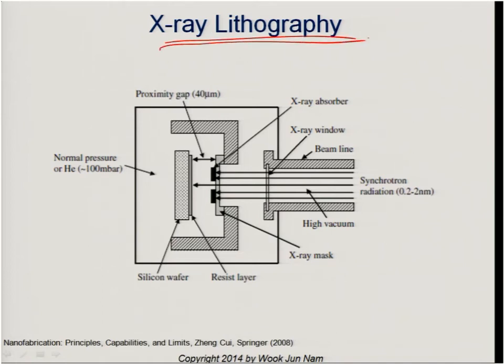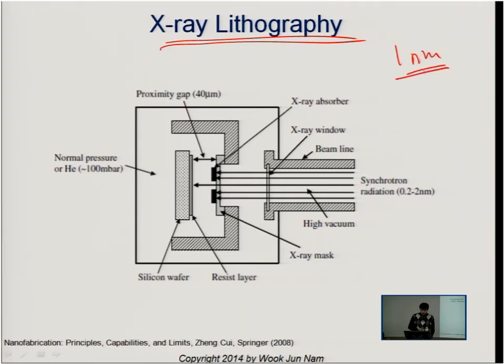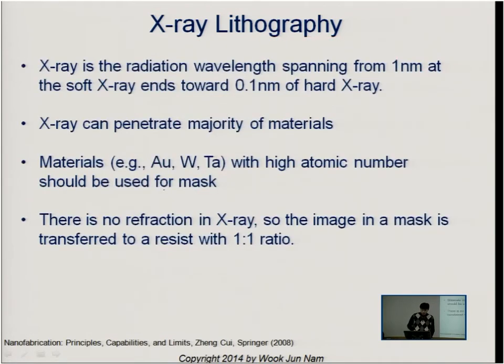X-ray lithography is a technology people have put a lot of time into because its wavelength is 1 nanometer or even shorter. So this is the configuration of an X-ray lithography tool. There is a light source, and then here is a mask, and then this is your substrate. The problem of X-ray lithography is